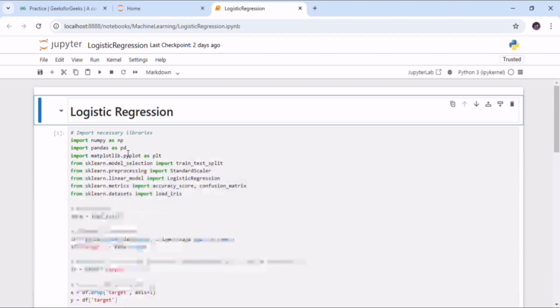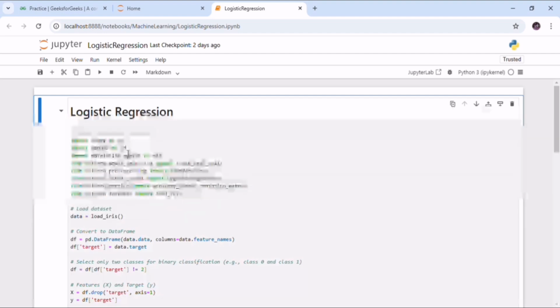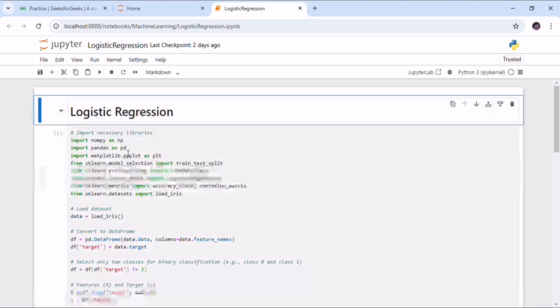Logistic regression predicts probabilities that are mapped to binary outcomes using a sigmoid function. The sigmoid function ensures that the output stays between 0 and 1, making it ideal for classification tasks. It is commonly used in applications like spam detection, medical diagnosis, and customer churn prediction. So now that we have a basic understanding of what logistic regression is, let's dive into the code and implement